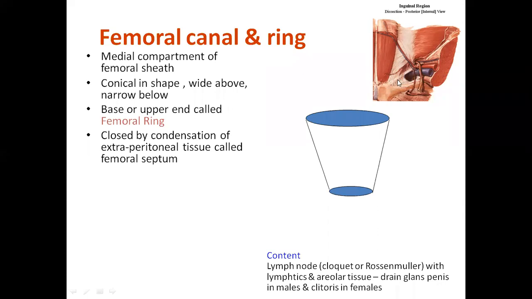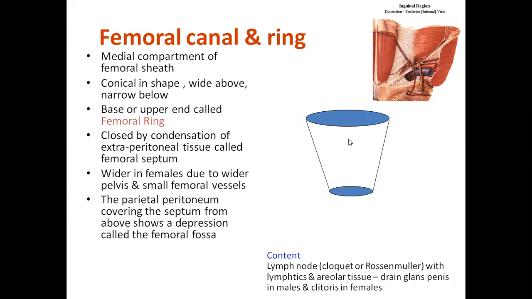Now usually this area is covered by extraperitoneal tissue because this is a part of the abdomen. Now peritoneum we have seen already. Just superficial to the peritoneum, there is extraperitoneal tissue. Now this femoral ring is wider in females due to wider pelvis and small femoral vessels. In females, the femoral vessels are smaller. So suppose the femoral vein is smaller, there will be more space in this area. That's why we say that in females, femoral ring is wider.